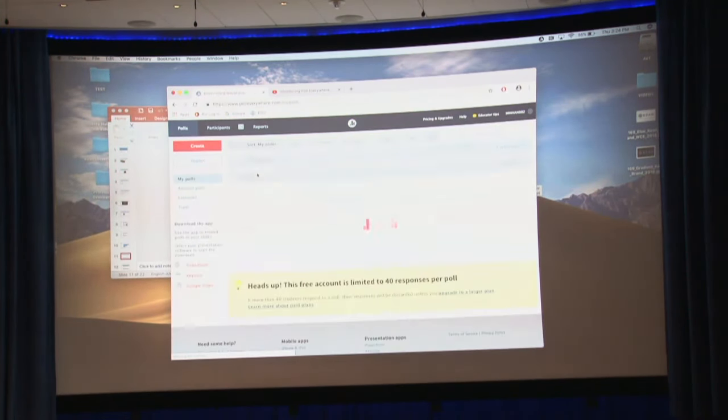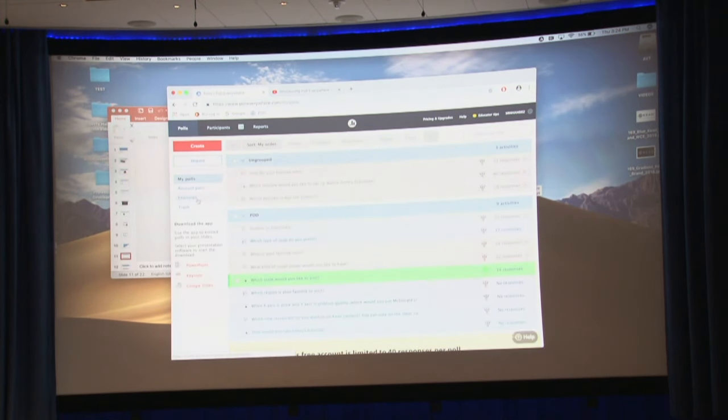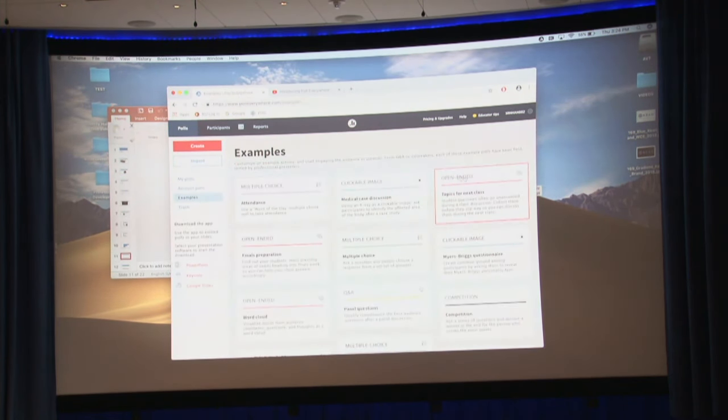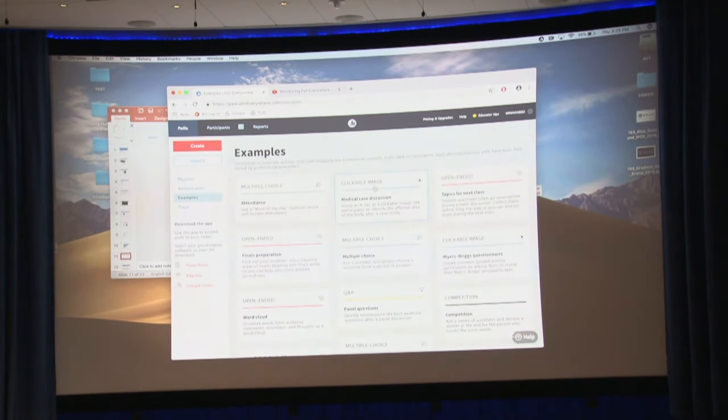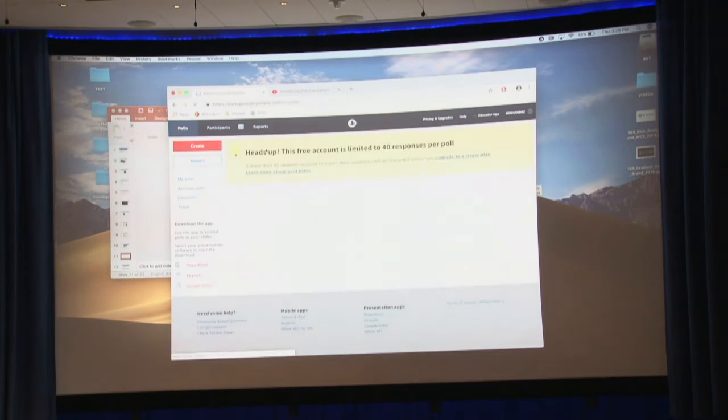So here on the poll, you could create as many polls as you want. That question was a clickable image. Any image you can choose, and here the example is the X-ray photo image. You can change it to something else. It's up to you. In my case, I chose a map. And if we go back to the poll,